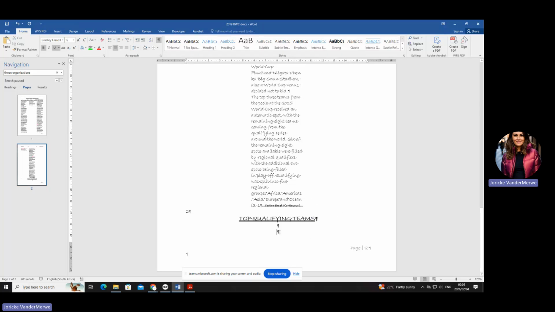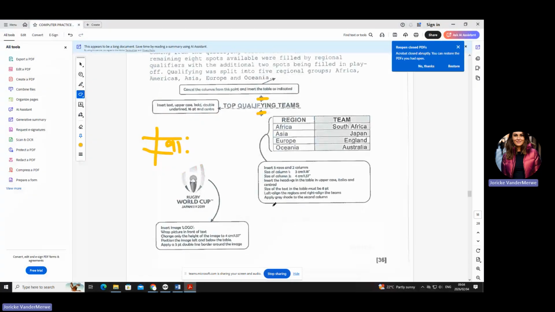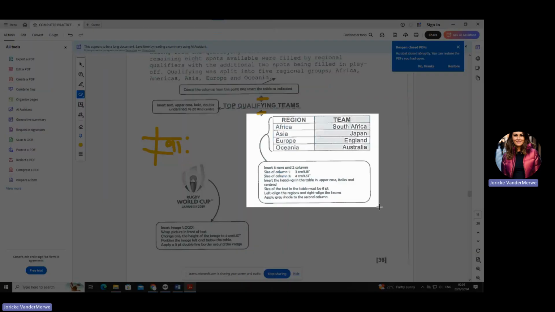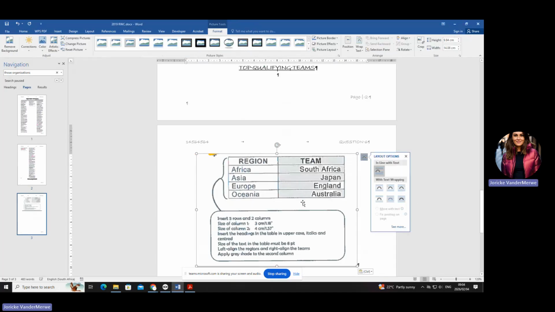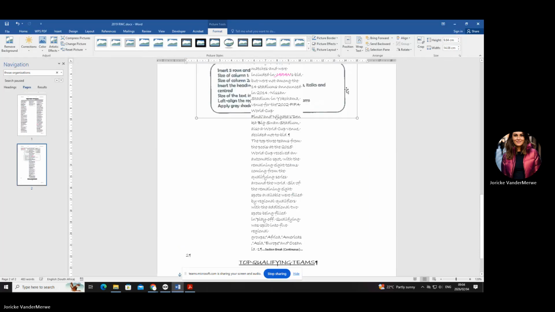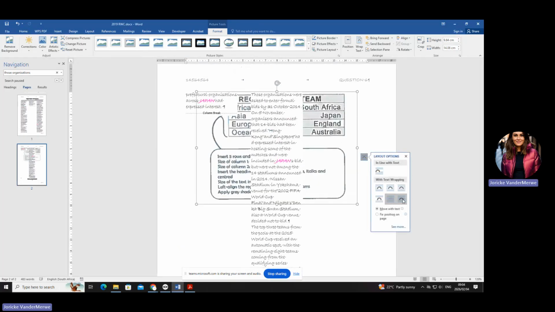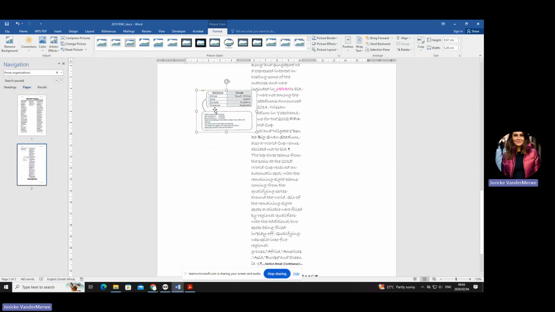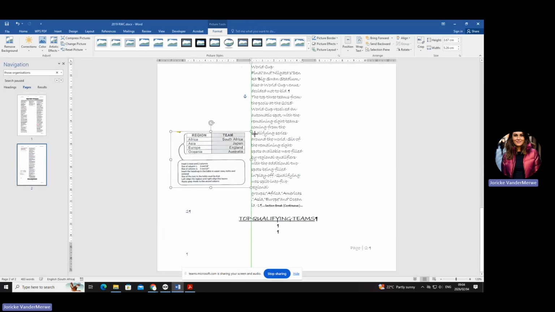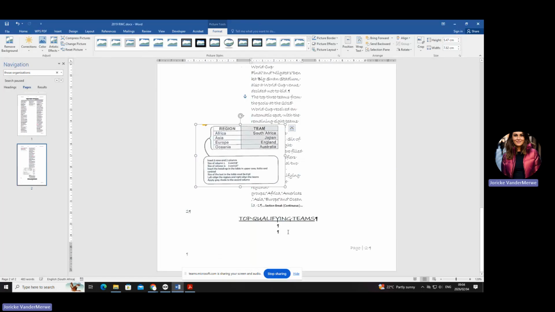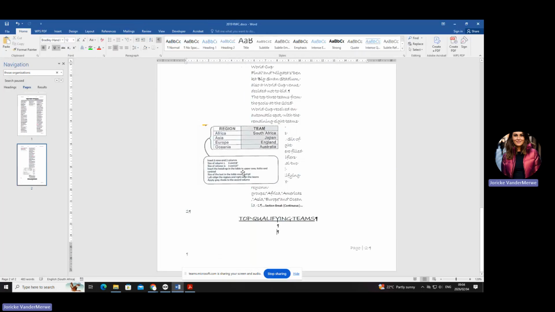Okay, now let's do the table. Pray with me. And for the sake of understanding, let's quickly get this for ourselves on the same page so that you see what they're asking. They are asking you to put in a table. Let's just make it a little bit smaller. Okay. So this is the piece of the question paper that you have in front of you. They want you to insert 5 rows and 2 columns, and then they give you the sizes.